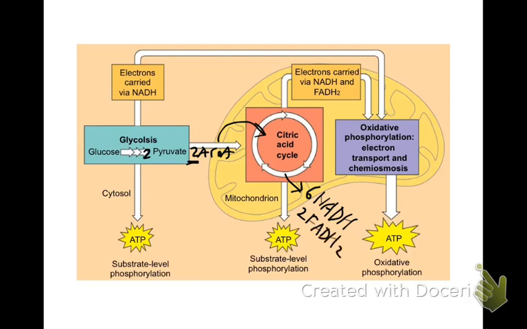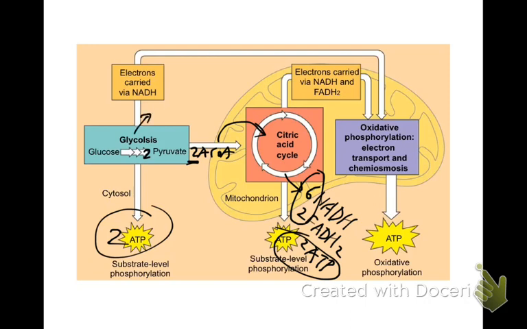2 FADH2s and 2 ATPs. Okay, so far we've gotten 2 net ATP from glycolysis, we've gotten 2 ATP from the citric acid cycle or the Krebs cycle, but here is where we really care. And remember, glycolysis also gave us 2 NADHs, and there was actually NADH also formed in this process here. But the key important fact is that now our NADH is able to go to the third and final stage,